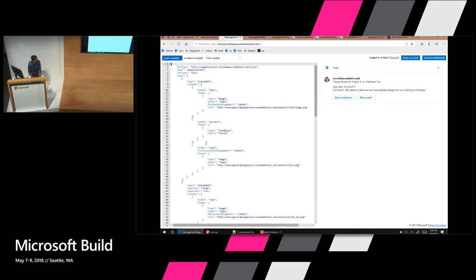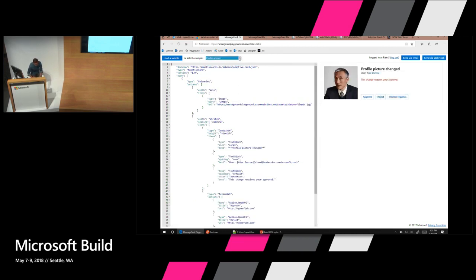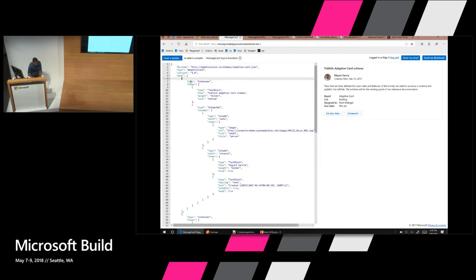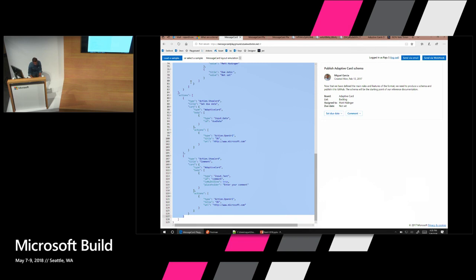So to design my card, I head out to the card playground. It is an interactive playground. You see on the left-hand side, there is an adaptive card JSON payload and a sample card that has been completely crafted out of this JSON. I can flip through various templates that are available in this environment. I can pick and choose one of these, or I can design my card from scratch. I'm going to design my expense card from scratch.